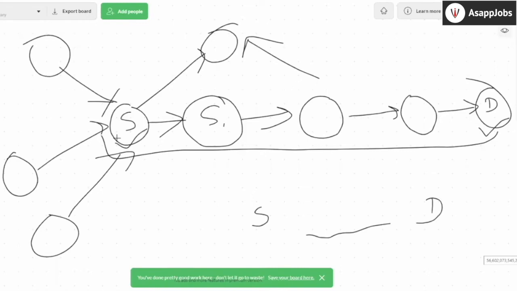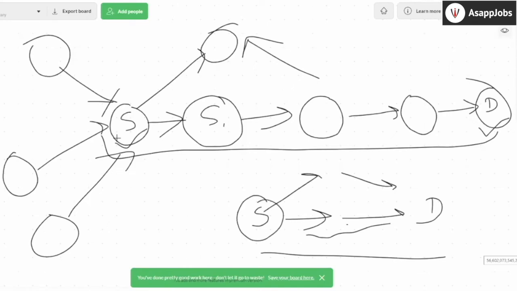And all the edges in topological sort from S will always be like this. They are always forward edges. None of the edges will be backward, because that's what topological sort means. The source should always come before the destination. So you write a topological sort for this, and then you start from the source and do what you did in Dijkstra. Keep updating every edge with the weights, and once you reach the destination, you will always have the minimum path. Are you able to get what I'm trying to say?